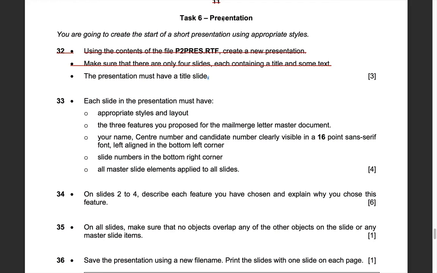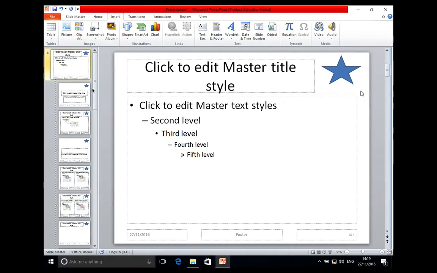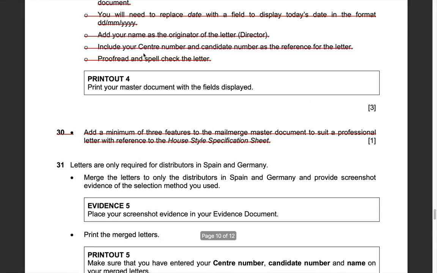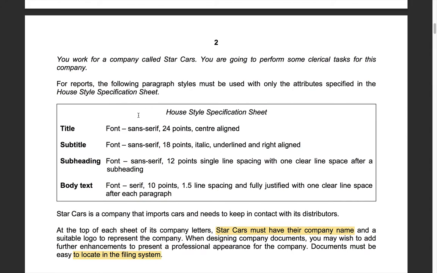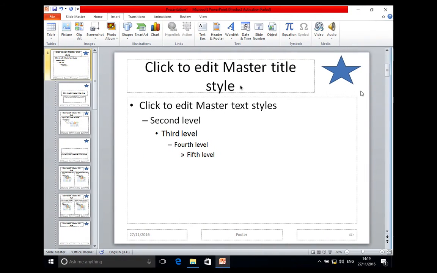Number 2, the other features we added were a title. So we said that the titles should be, if I go back to the exam paper, so the titles in here should be a sans serif font, 24-point center aligned. Okay, so what I'm going to do is make it into sans serif and 24 points. So if I highlight this text over here,